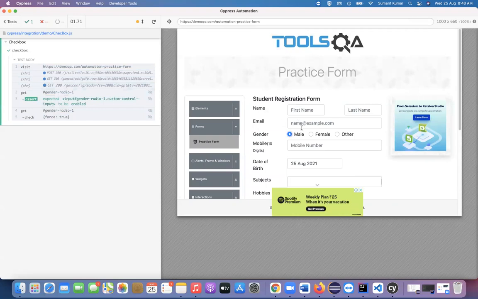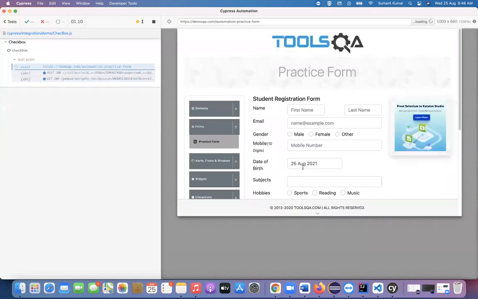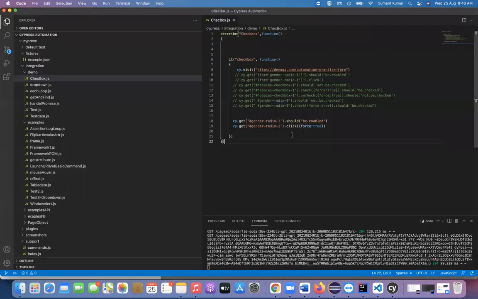Yes, as you can see, it is selected. Now I want to put an assertion here, to check whether it is already checked. As I told, check can be used for both radio button and checkbox. Instead of check, you can use click also. If you put click here, it should also work. So let's see, I'm using click. You can see click is also working, and check is also working. So you can use either click or check.